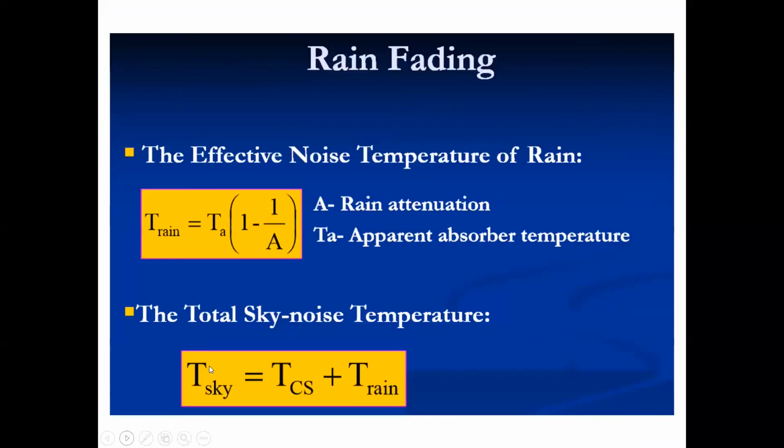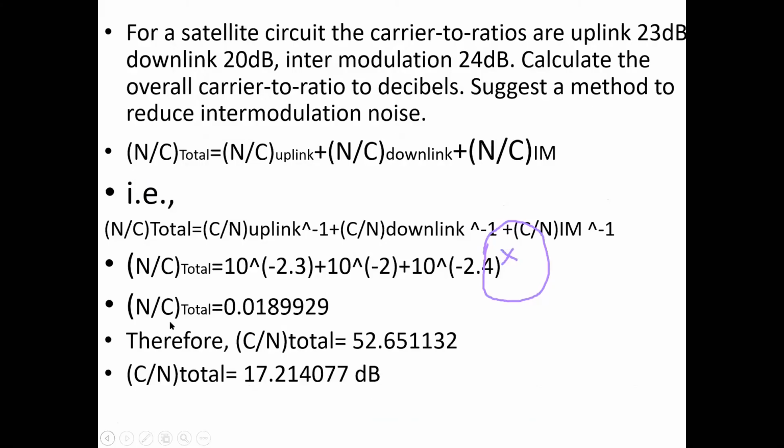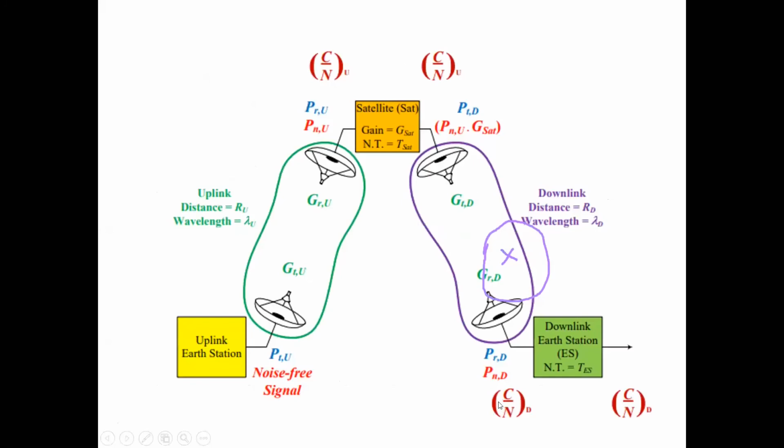And rain fading also, this rain temperature will be given in case we are calculating the noise under the rainy day. Otherwise normally, what happens is clear sky conditions, and we take it as no impact on our system. But when it's a rainy day, there is a noise component because of the rain, and we have an equivalent noise temperature. So this is my total link, and the objective of this part is to find out the total signal to noise ratio.